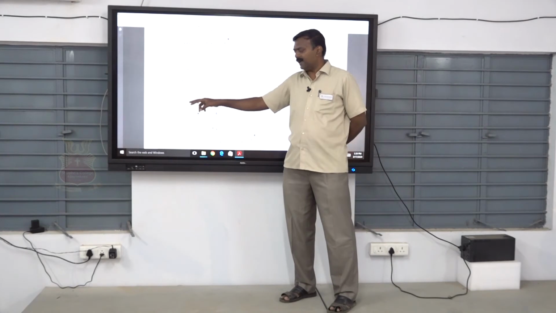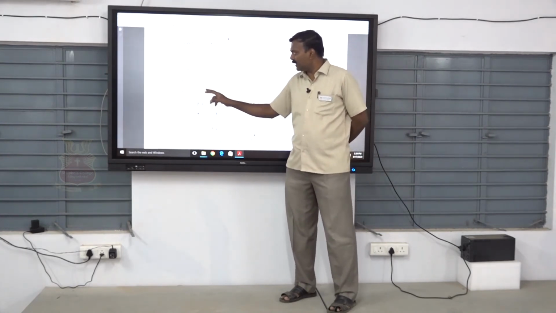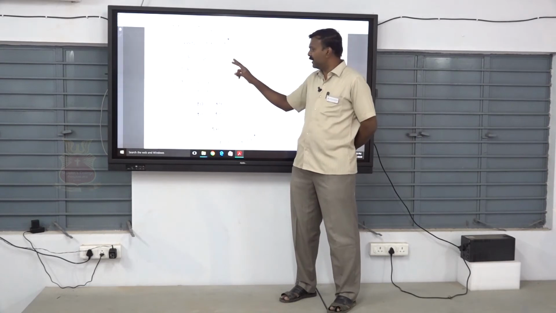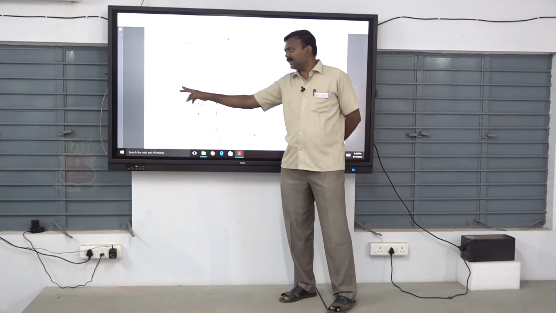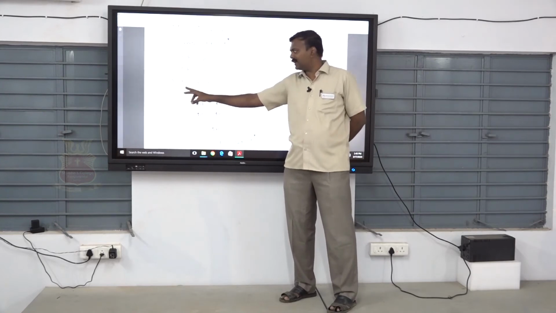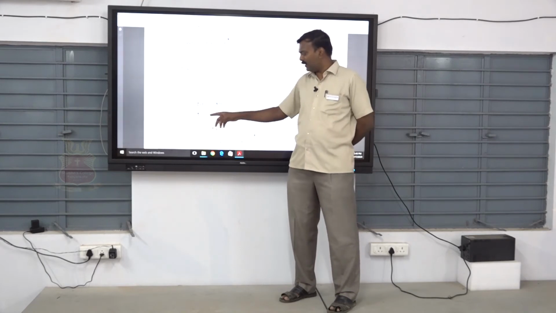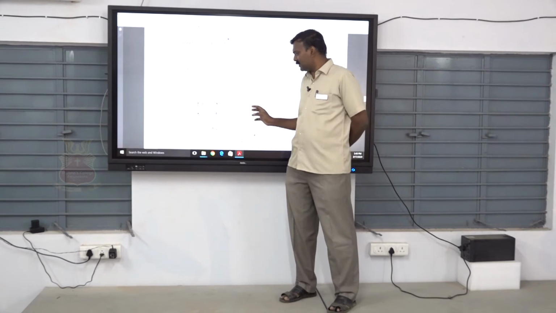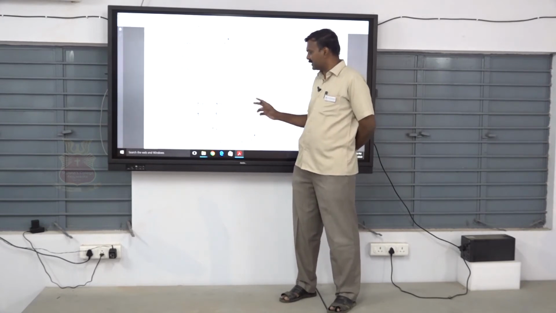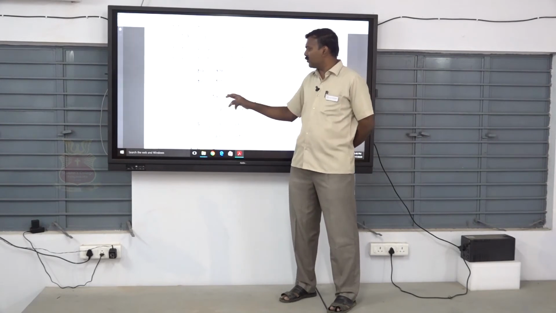We have to multiply and we get the answer E matrix. E matrix is 1 by 2, 1 by 2, 1 by 2, 1 by 2. Then A matrix and B matrix multiply, we get the answer 2AB equal to 1 by 2. Then compare the elements, row matrix and row matrix here. 2AB equal to 1 by 2.